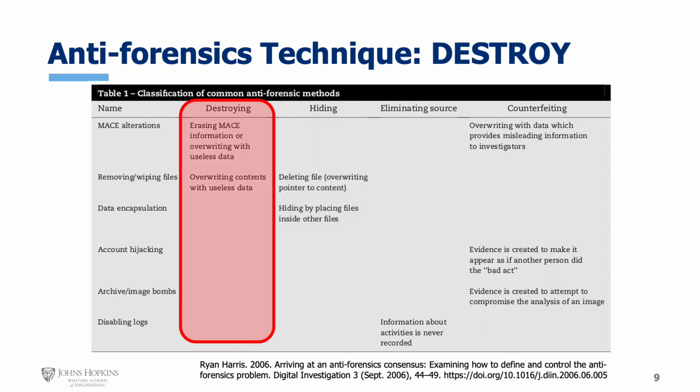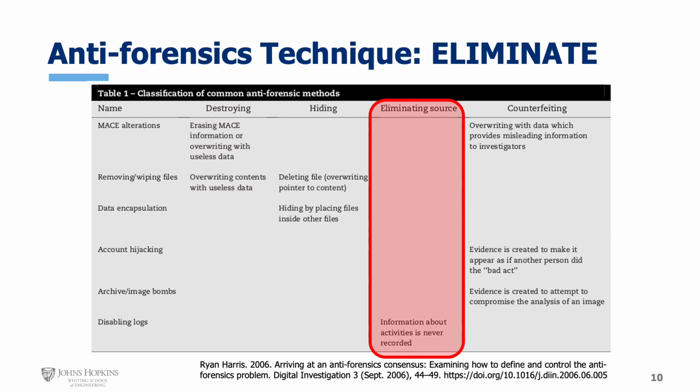Next, we upped the ante and each destroyed data in an instance by using secure file deletion tools. We used some tools that we installed via apt-get, like wipe, along with some tools included in the Ubuntu distro, like shred. In our third set of instances, we eliminated the sources of evidence, preventing evidence from being created in the first place. We logged in, disabled bash history and activity logging, performed some random and innocuous activity like creating and deleting files, then re-enabled logs and logged out. We accomplished this by stopping the systemd journal service and disabling rsyslog and bash history.